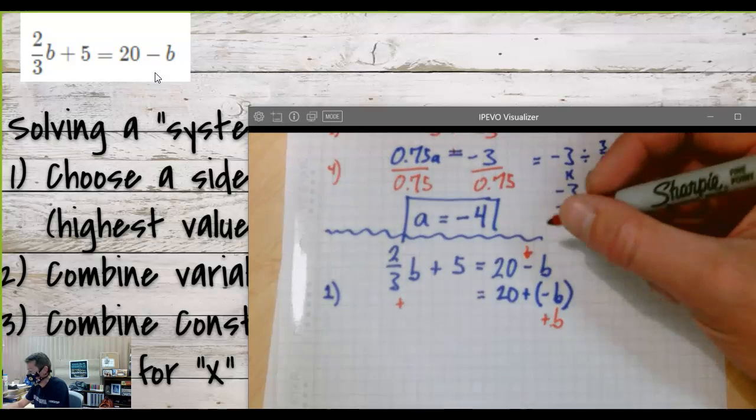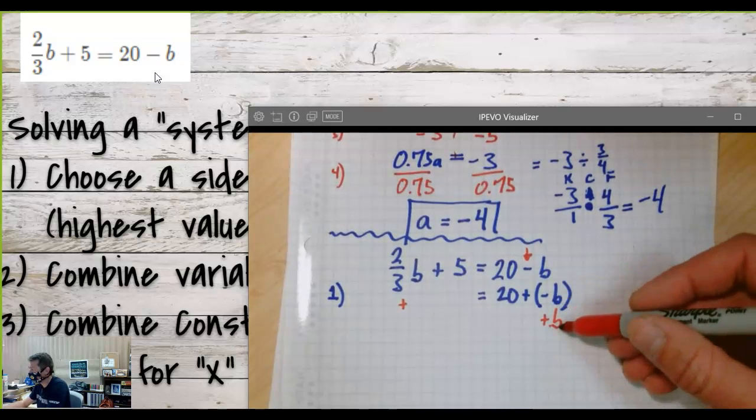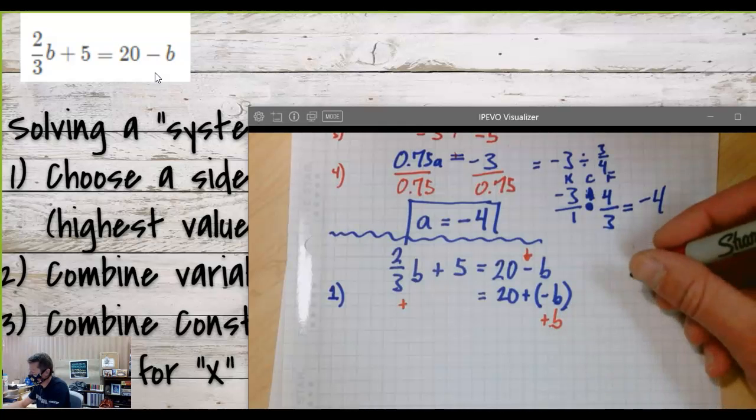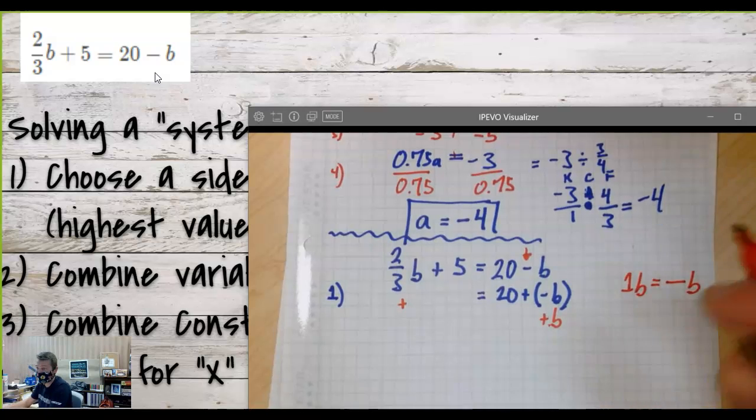Now, wait. Since this is a fraction, how many b am I adding over here? 1. If I want to make 1b into a fraction amount of b's,